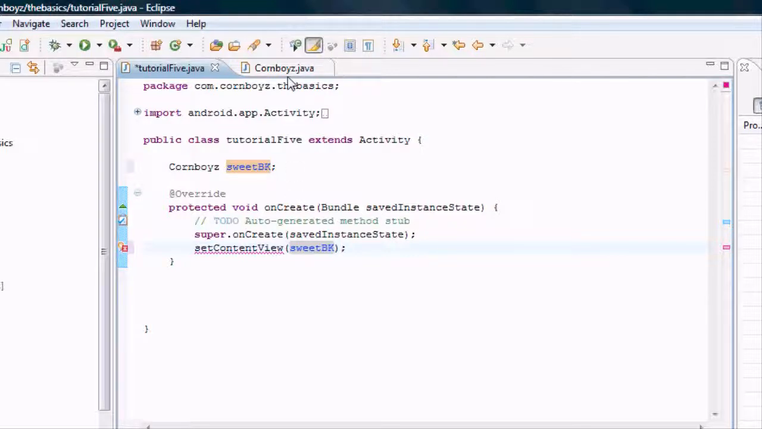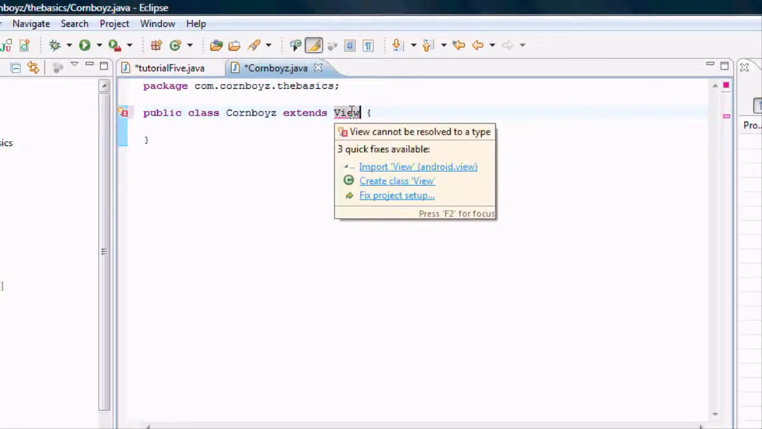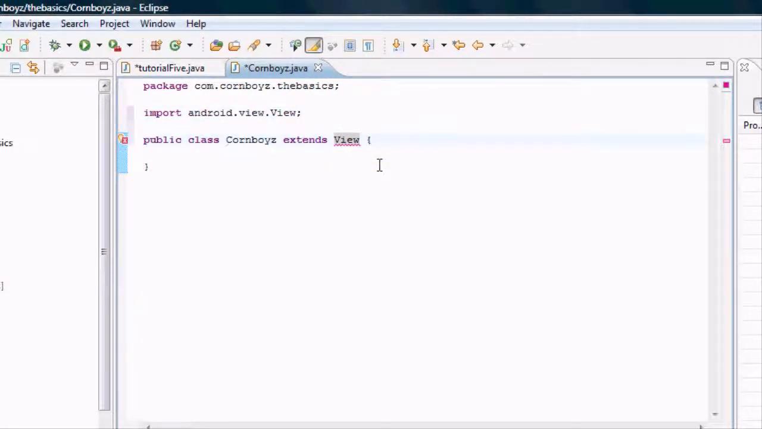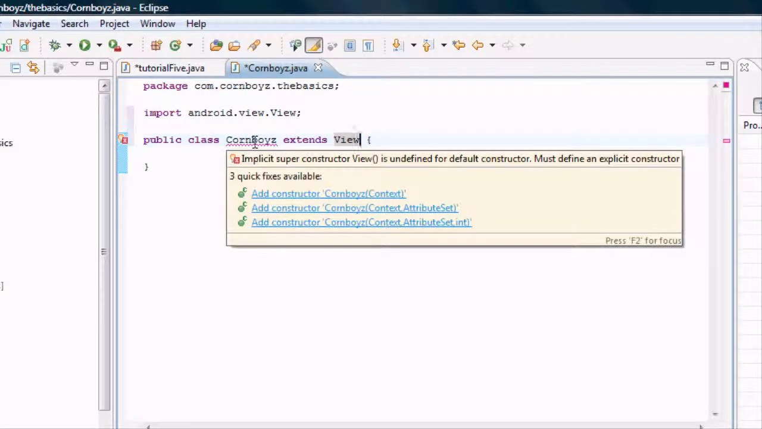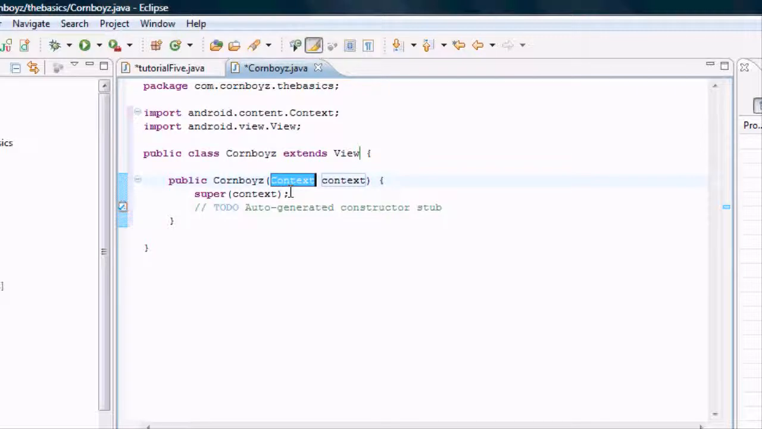That's fine. So now we're going to go into the Cornboys Java right here. And like I said, it's going to be from the view class. Instead of saying extends activity, we're going to say extends view, and then we're going to import the view class, and it's going to give us an error saying, hey, you need to add a constructor. So we're going to add this constructor, and we're just going to name this context